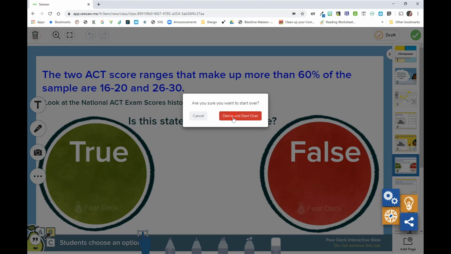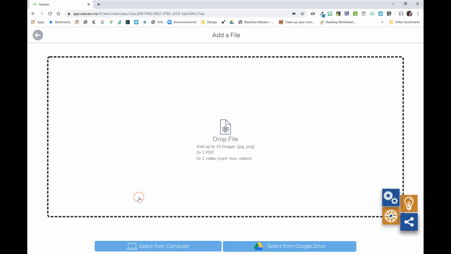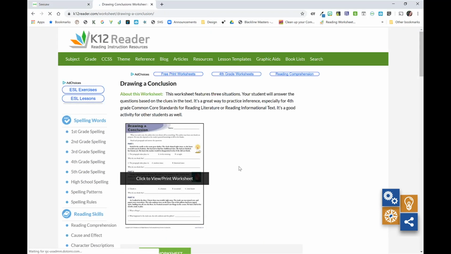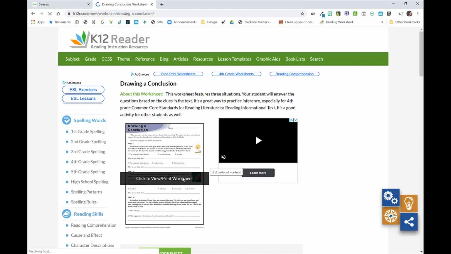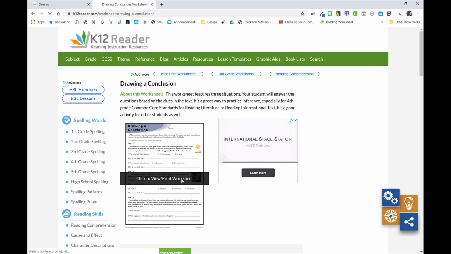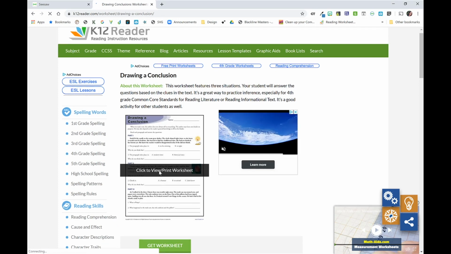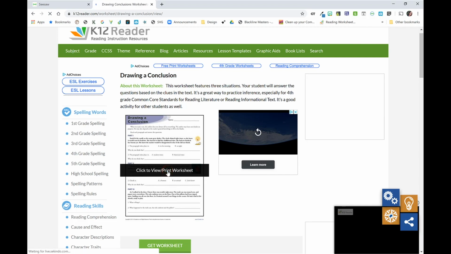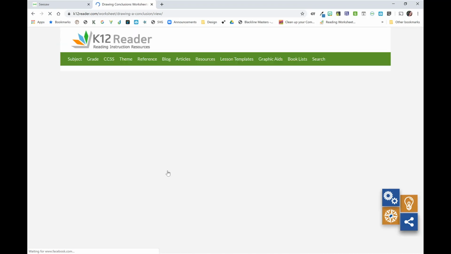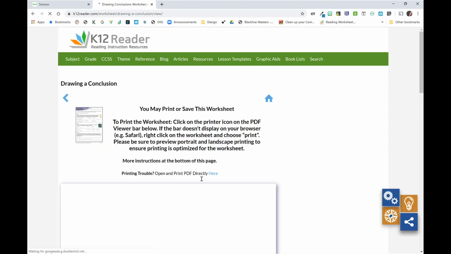The other option when you're uploading a file is you can upload directly from your computer, if you've downloaded something. So let's say I'm going to a different website and I want to have my students fill this out for drawing a conclusion. I can click to print that worksheet, but I don't want to print it. I want it to be interactive. And this is great when it comes to Seesaw because it makes it very simple for you to do that. So I am going to